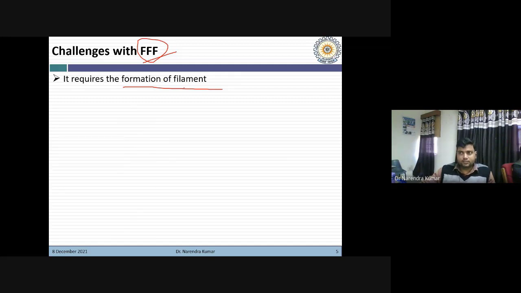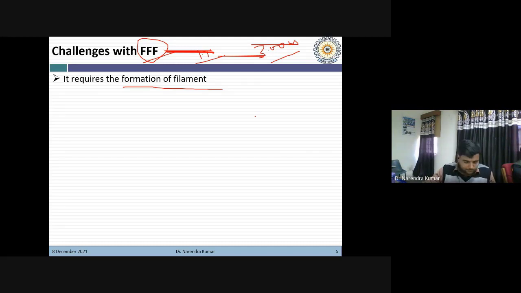If you search for different filaments for this process, you will find that each filament has a specific diameter. In the market you will find filament with 1.75 mm diameter or 3.00 mm diameter. Other than this, some mechanical properties are also essential, and thermal properties and other things are also very important; I will discuss what properties should be there.